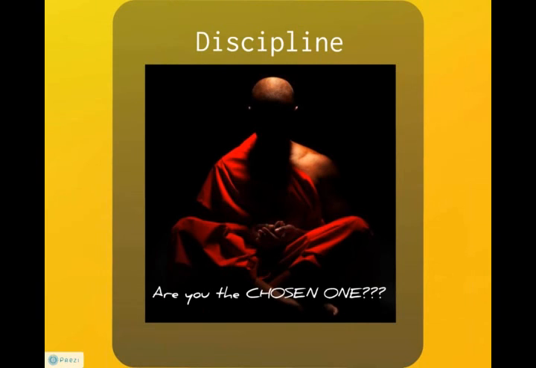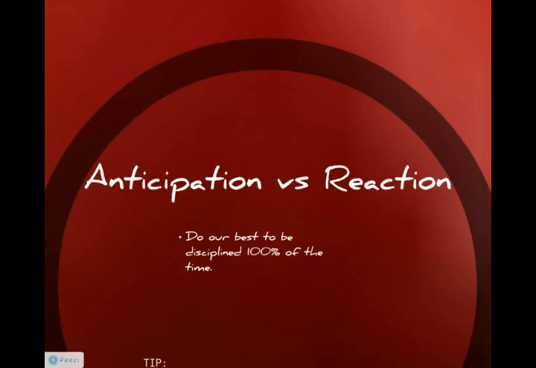Very often for me, the hardest part is to sit on my hands. You guys also, right? Sitting on your hands is sometimes the hardest thing to do. You always want to be in a trade. Is that discipline? No. Discipline is being able to sit on the sidelines and focus. We're going to get into some of the exact specific things that go through my mind and your mind when I'm trading, the things that I want to control and discipline myself to achieve. So we're looking to be disciplined 100% of the time.